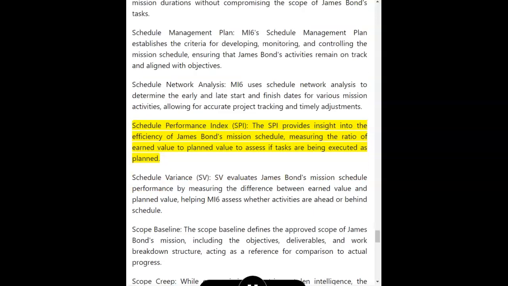Schedule Performance Index, SPI. The SPI provides insight into the efficiency of James Bond's mission schedule, measuring the ratio of earned value to planned value to assess